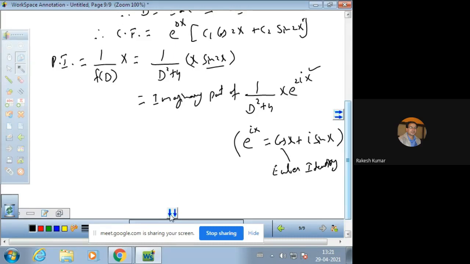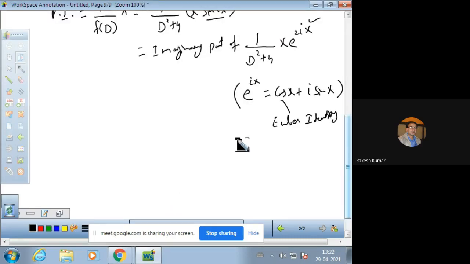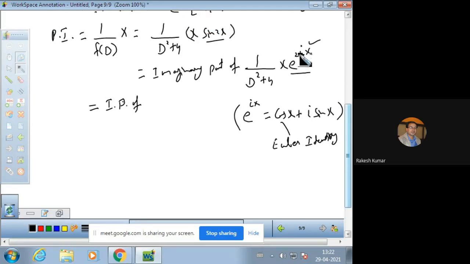Now there is a formula for finding the particular integral. This is the formula which we have used in the previous class also. So imaginary part of, why have we written imaginary part? Because this exponential term e raised to power 2 iota x will be cos 2x plus iota sine 2x, and its imaginary part is clearly sine 2x. That is why this has been written.